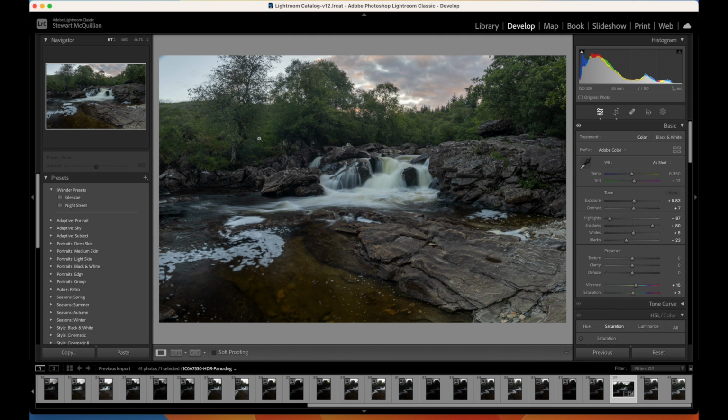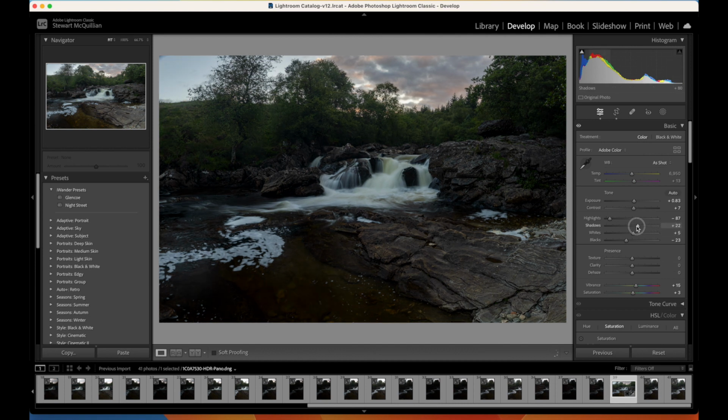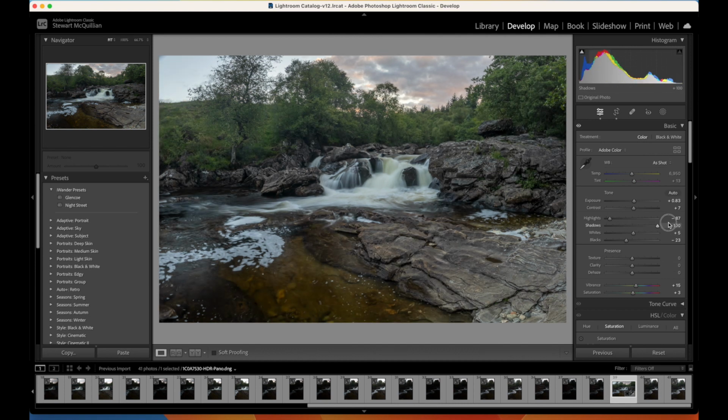Right, so as you can see, the auto settings have done a pretty good job so far. Although there's some really dark areas, the sky's been handled really nicely. You could argue this foreground's probably a wee bit too bright and this edge is a wee bit too dark. So all you then need to do is, if you want, you can start changing the settings that Lightroom has